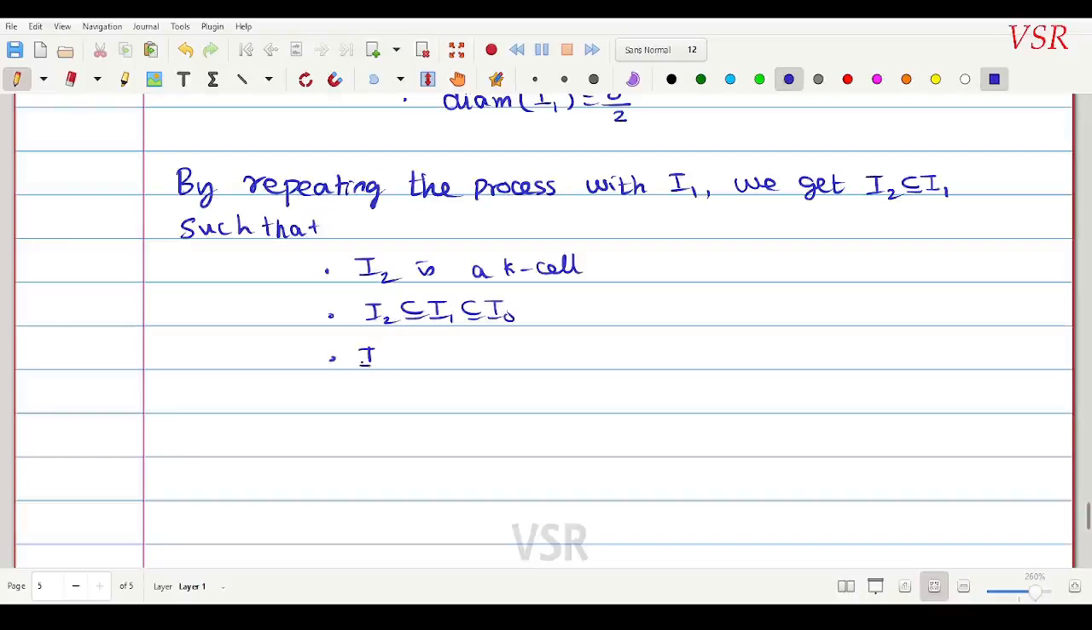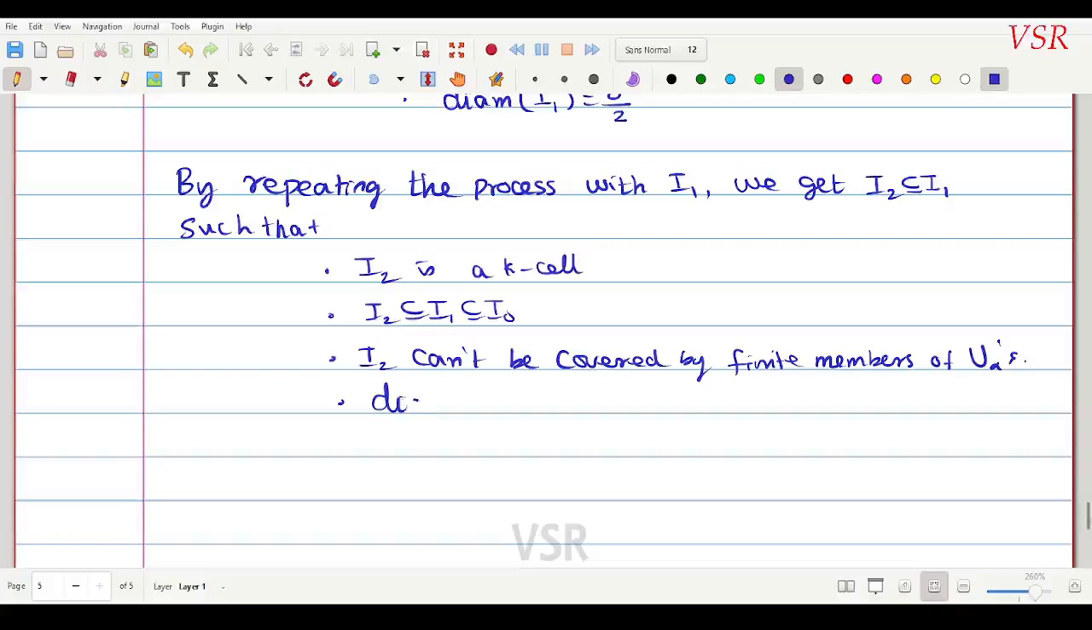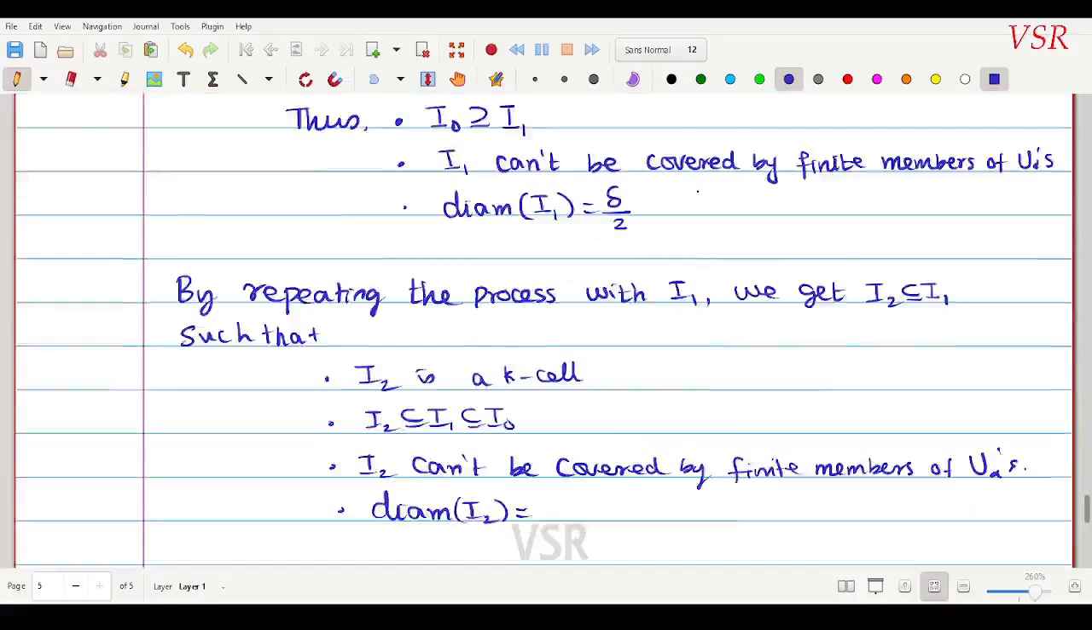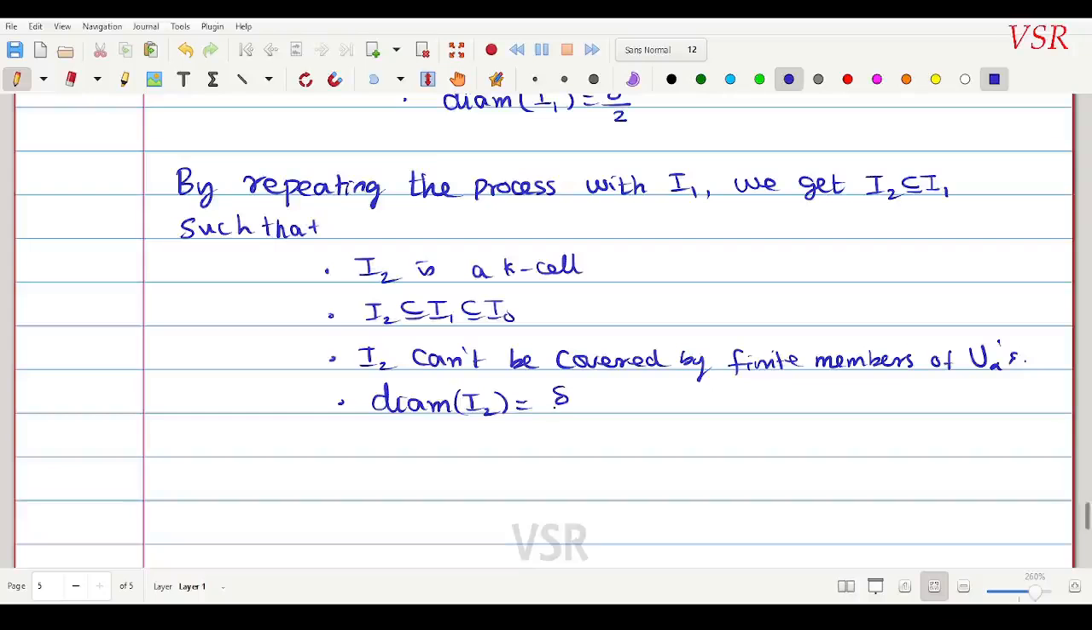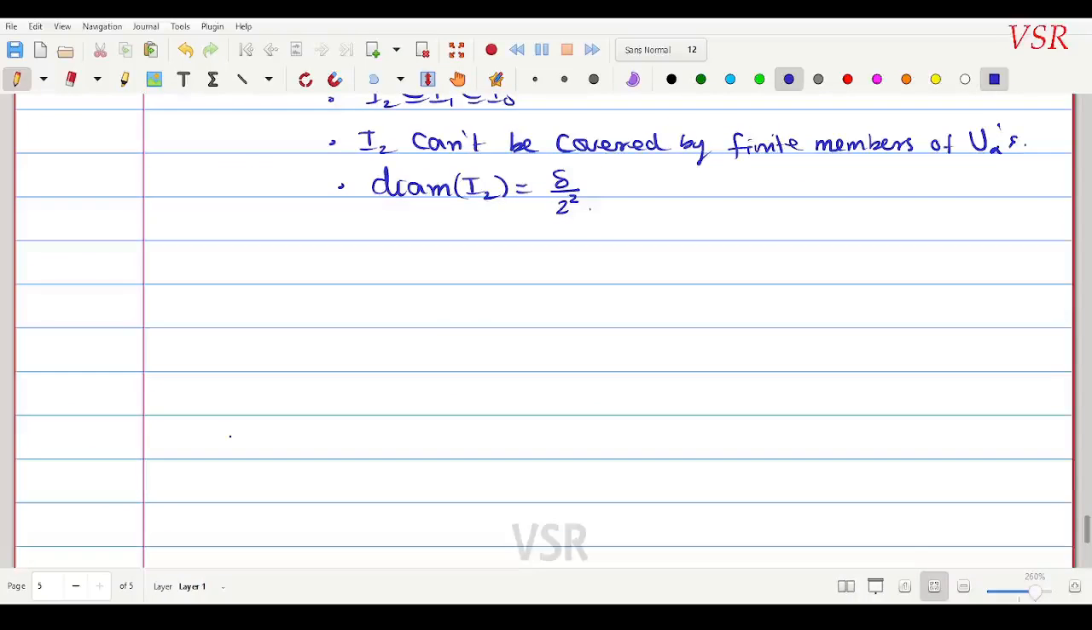I2 cannot be covered by finite members of the U alphas. Number 3, the diameter of I2 is half of I1's diameter, that is delta by 2, so half of that is delta by 2 square. Okay, so continuing this process,